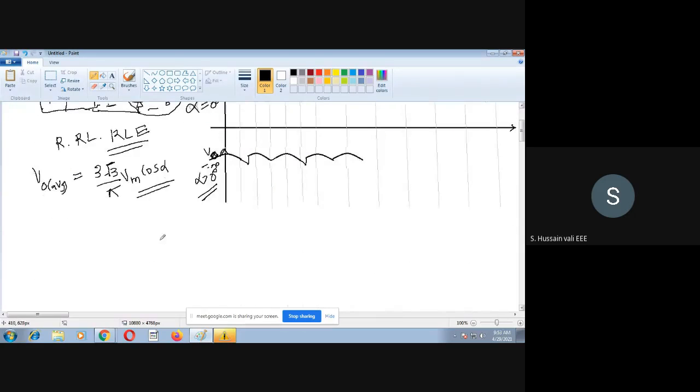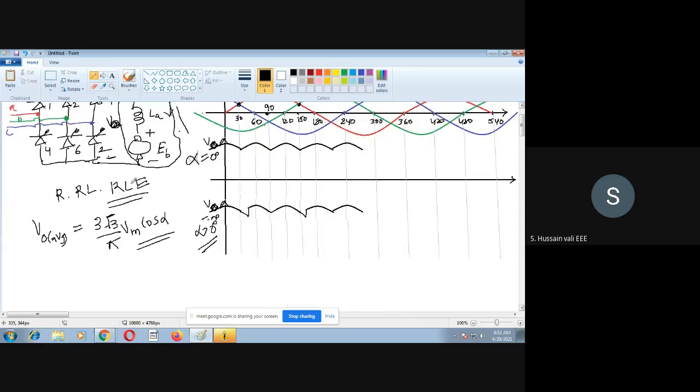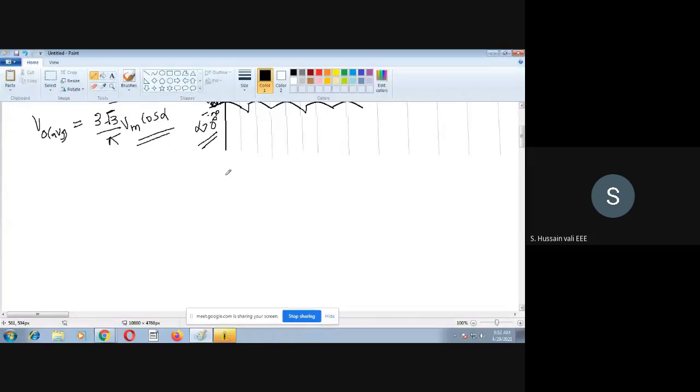This is not the part we have to discuss. What we have to discuss is the torque-speed characteristics. If this is the full converter, how do the torque-speed characteristics change? This you have to understand. Whether it is a three-phase or single-phase converter, the only difference is that the value of the output voltage changes. The motor does not think whether it is three-phase or single-phase. What it cares about is whether it is DC or not.